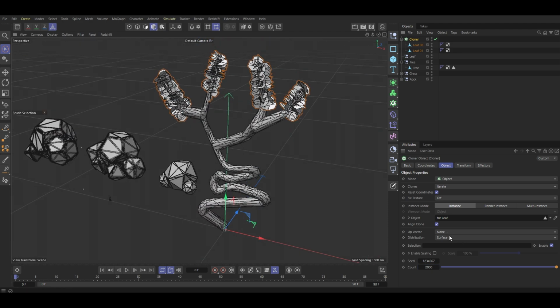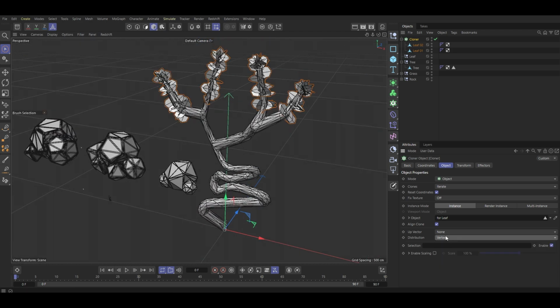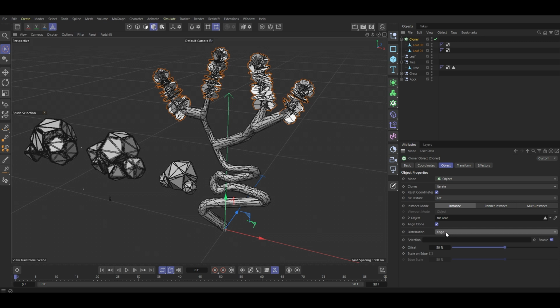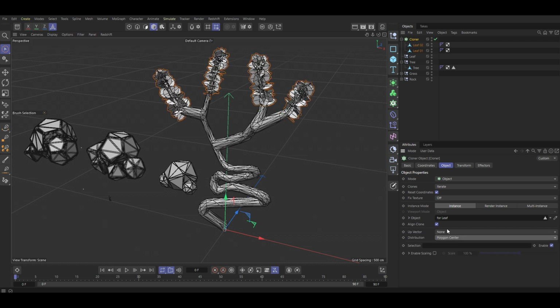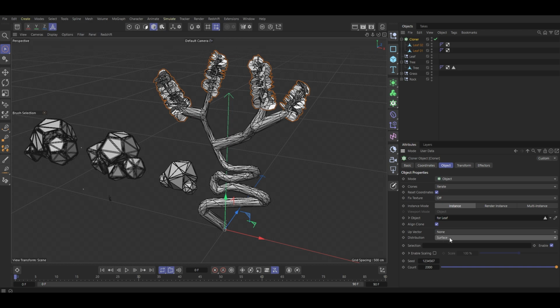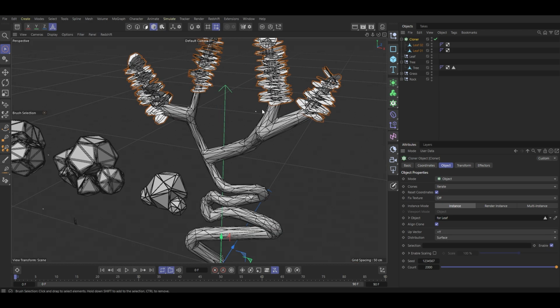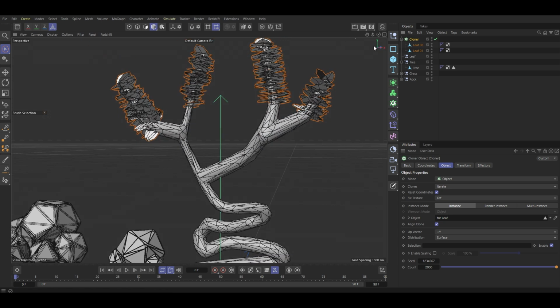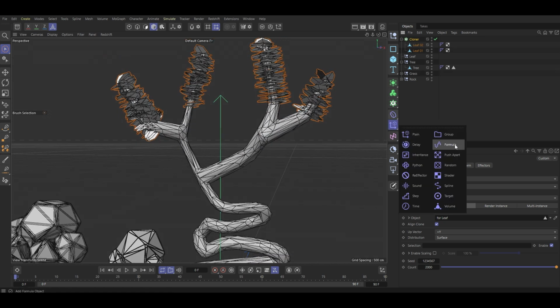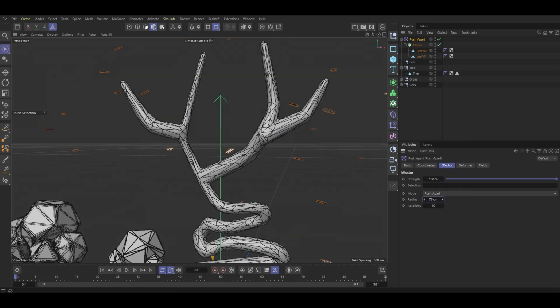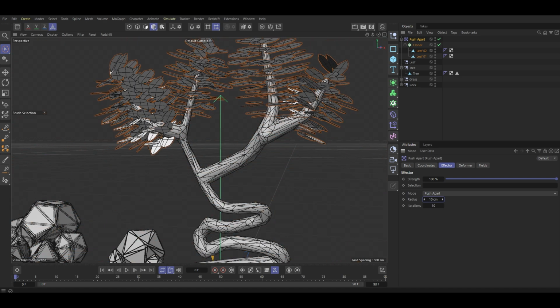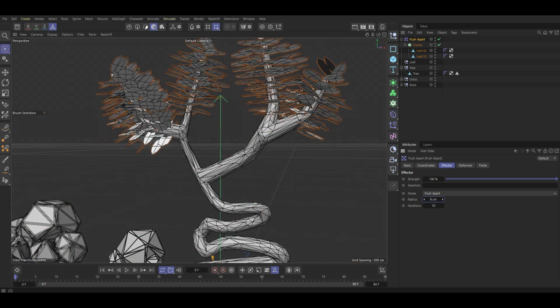And now we are going to play around vertex, surface, with polygon center, surfaces. I'm also going to use push apart for this. You know, I want to make it look,